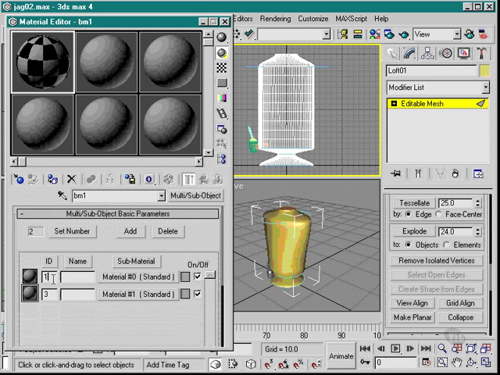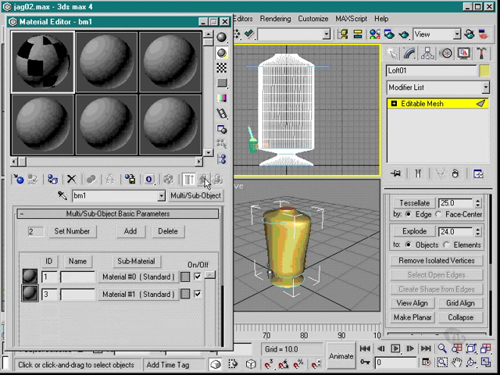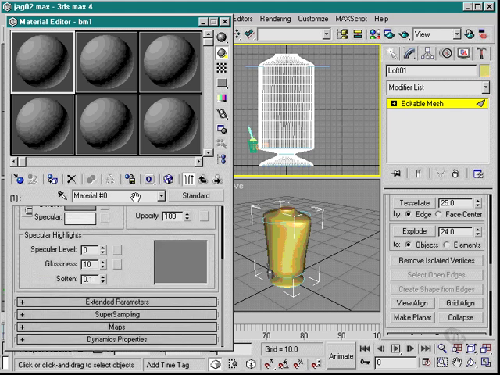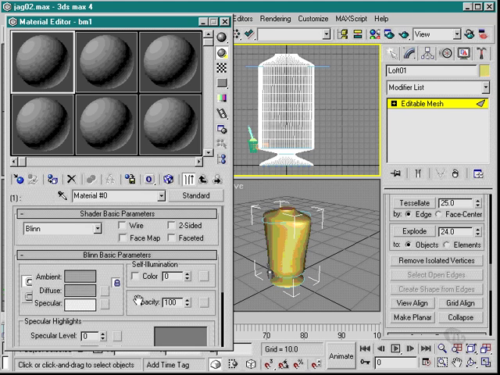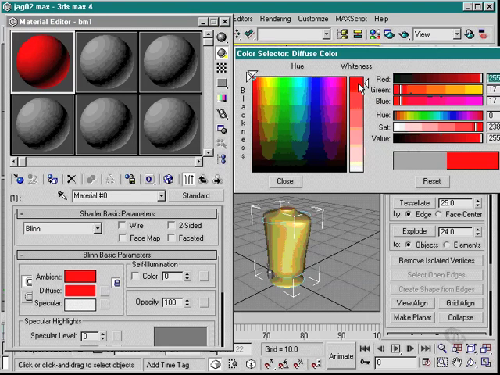Now what we need to do is to build a material to associate to ID 1. So we click on the material part of that, and you can see here I can select the material part, and there you see we get the standard material command palette, and from here we can build basically any material we like. So for ID 1 I'm going to make a red material, and I'm going to make it a slightly dirty red,